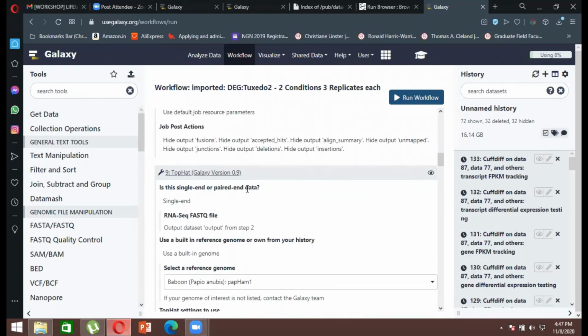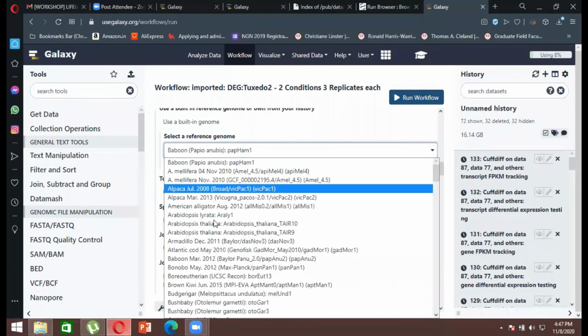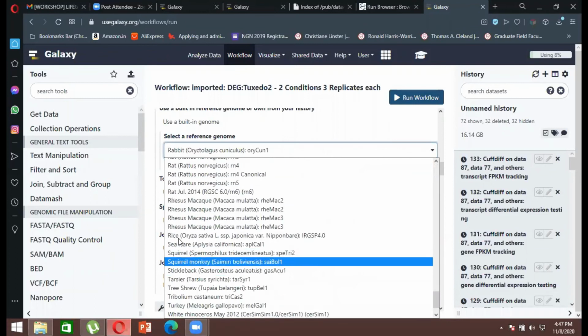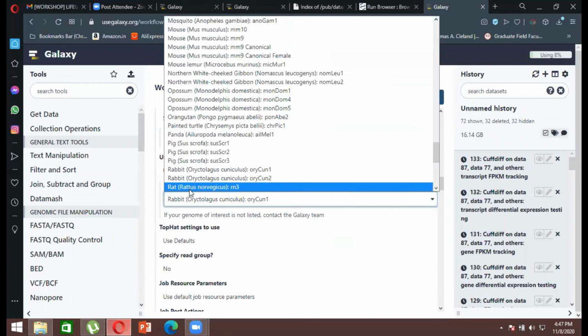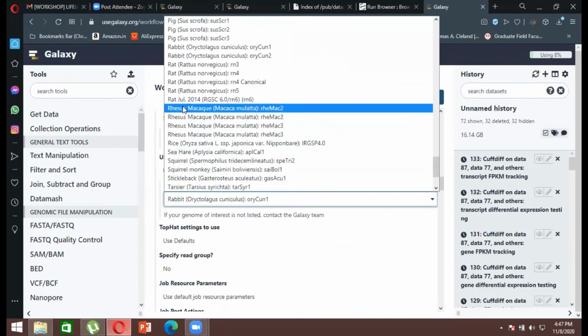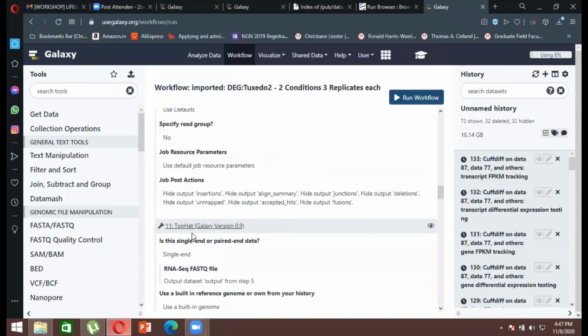So always scroll down, right? And then you will see that for every file that you have uploaded, you have this here. Again, go for R, search rice, click on rice, again go down. This is again select reference file, go to R, then select rice over here, again go down.